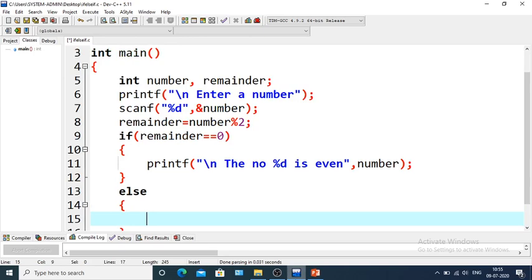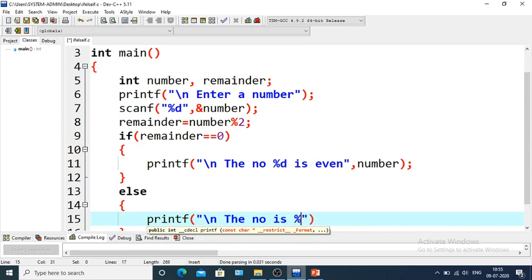Else part means the remainder is not 0. If it is not 0, then we can say that the number is odd. So the number is percentage d is odd. The number will be printed.